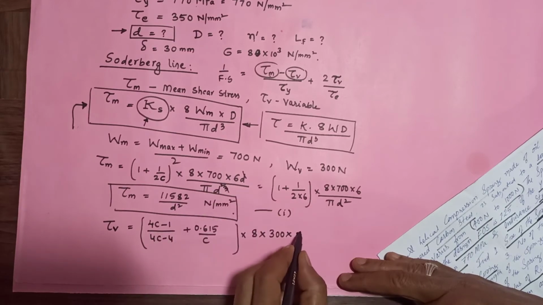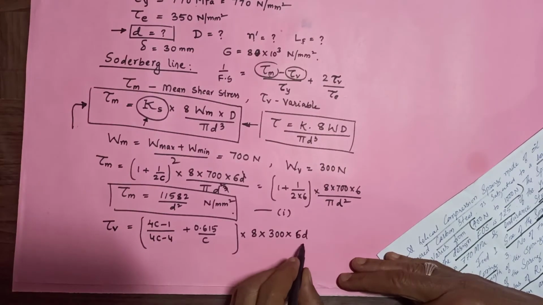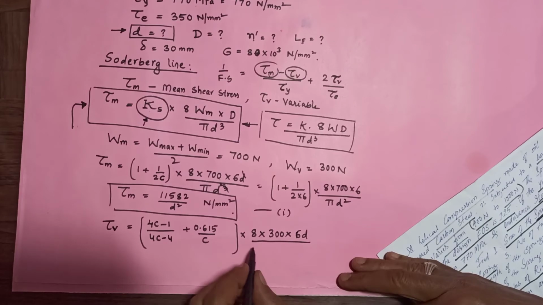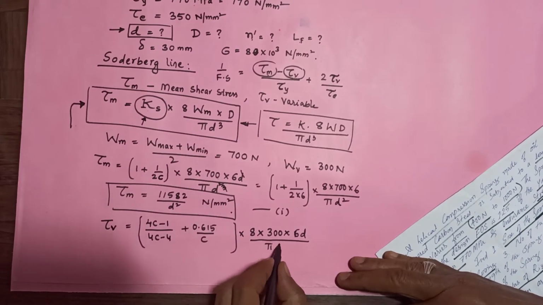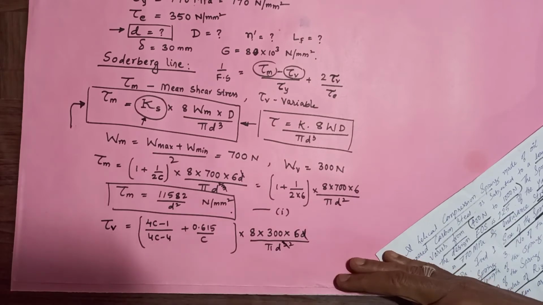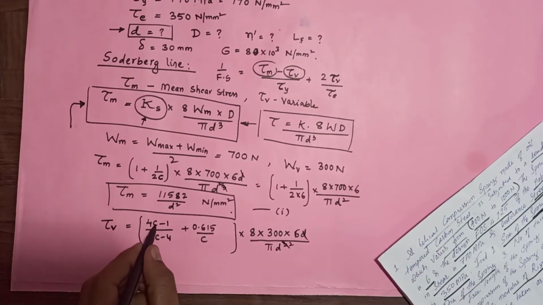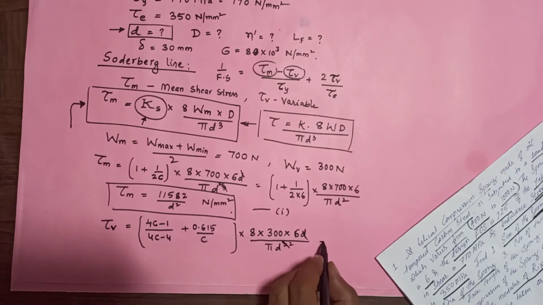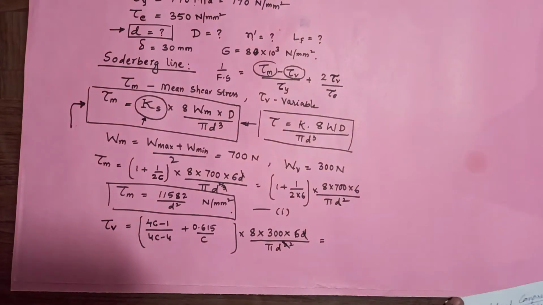D, again you can write as 6D from the spring index. Now pi D cube, again this D will get cancelled, so remaining will be D square. Now if you substitute the C value, that is 6, in this equation, finally you will obtain for the